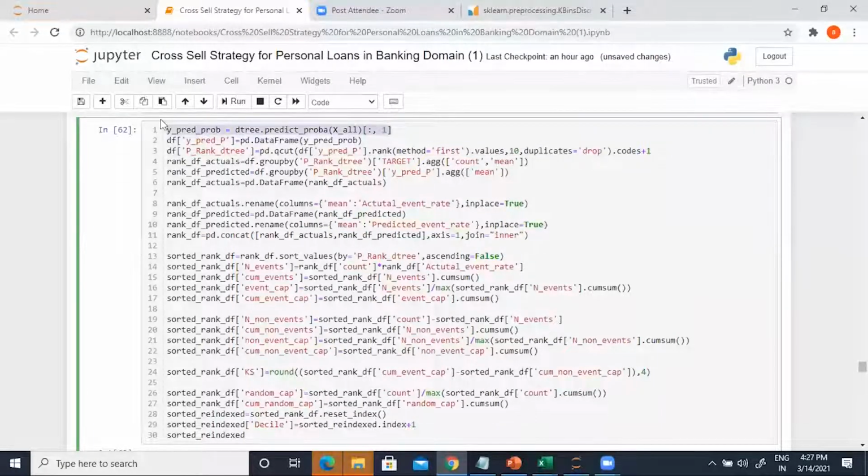So y_pred_prob is the predicted probability of response as per the D-tree model. Clear? This part is clear? Yes. Predicted probability of response.